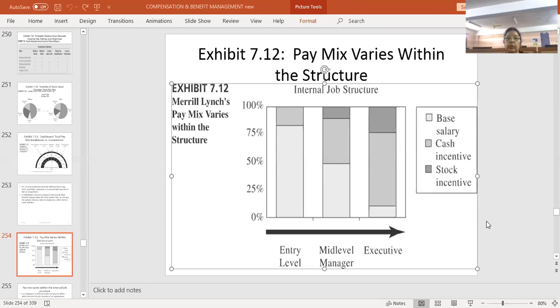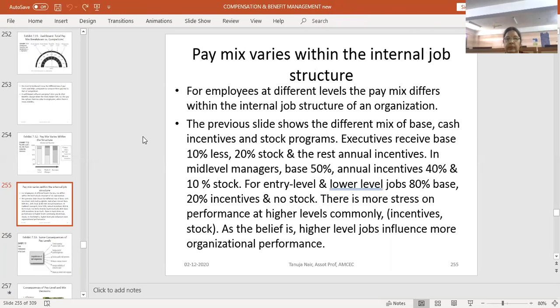So these two jobs are considered critical for the organization's success. The middle level managers and the executive managers, those jobs are considered critical for the company's performance. So the pay mix for those jobs is based on the performance of the employees, how they perform. If they perform well, then they will get more cash incentives and more stock options. If they don't perform well, then they will get less cash incentives and stock options. Entry level jobs, the base pay and only cash incentive is given,